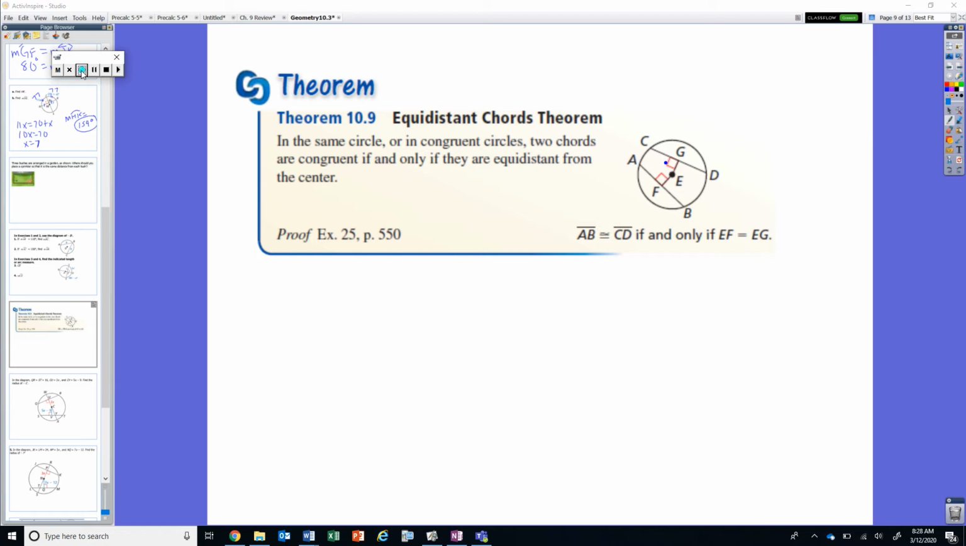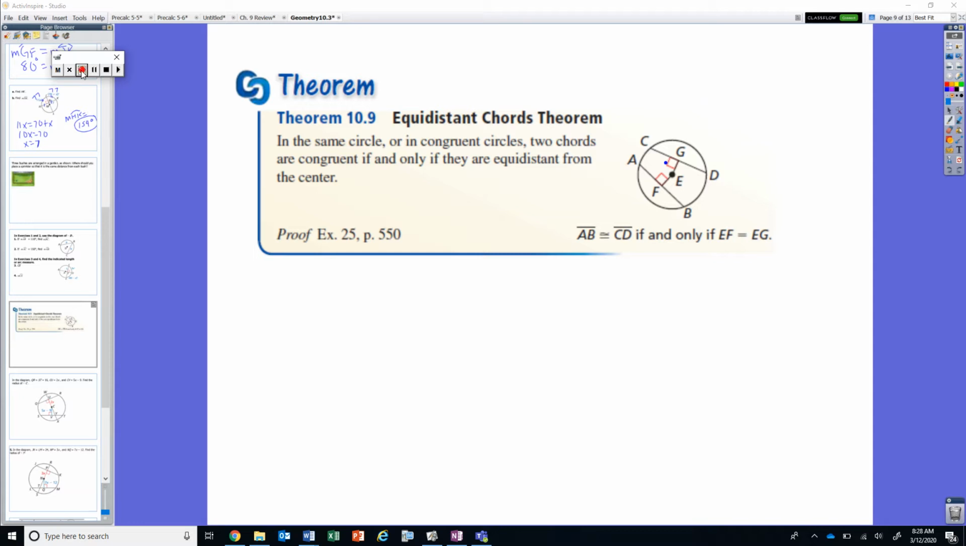Okay, ladies and gentlemen, in this video we are going to identify and utilize the equidistant chords theorem in application. We're doing my favorite example in this entire section. We're going to amp it up a little bit, get us thinking a little bit outside the box for this theorem. Our equidistant chords theorem identifies that if we are in the same circle or in congruent circles,